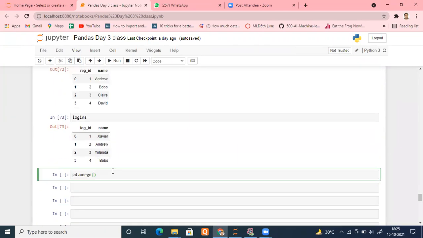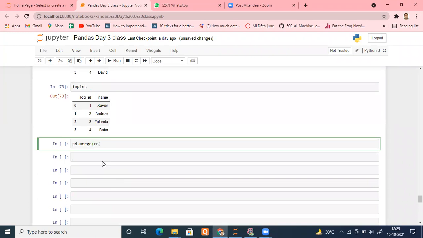So one is registrations, and the second one is logins. It is mentioned here. So I put two table names. Whenever you are using pd.merge, the first argument will be one data frame and the second argument will be the second data frame which you are going to merge.